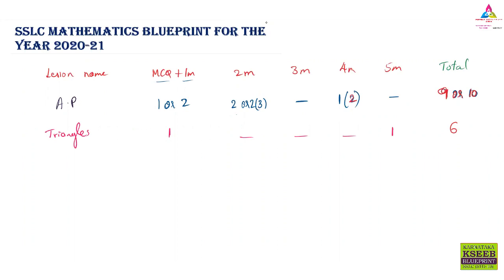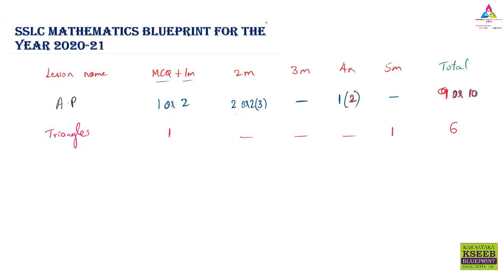That is to prove, which they will give. Why there is no 2 marks, 3 marks or 4 marks question this year means you are not going to have the problems related to triangles, that is, you are not having the SAS rule and the other rules. Therefore, the 2, 3 and 4 marks questions they are not going to ask you directly. They will go for 5 marks.